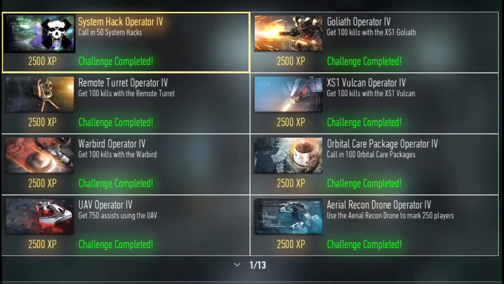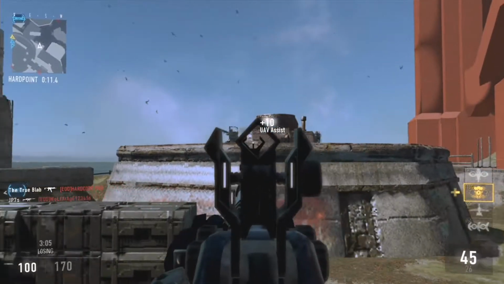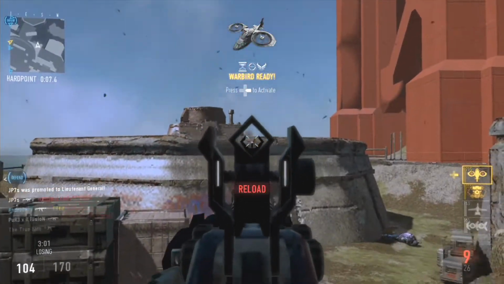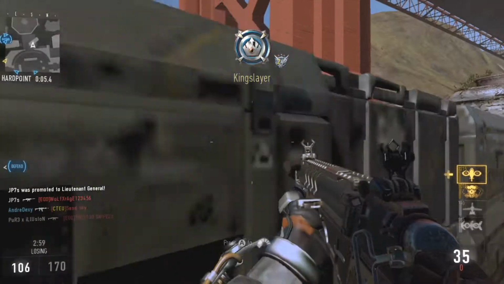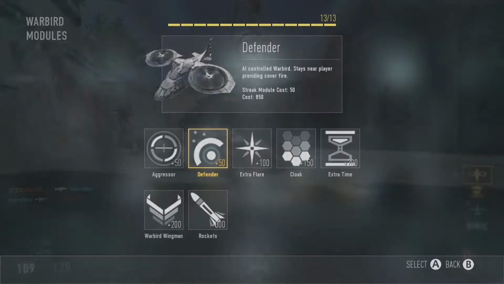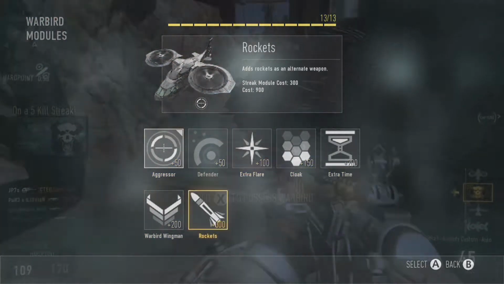So the next challenge is the Warbird Operator, and you have to get a total of 100 kills with the Warbird. The Warbird is a decent score streak. It's not too overpowered, especially if you have a perk like Blind Eye to counteract it. But nonetheless, the attachments I use on this score streak are Defender or Aggressor, because if you're in a